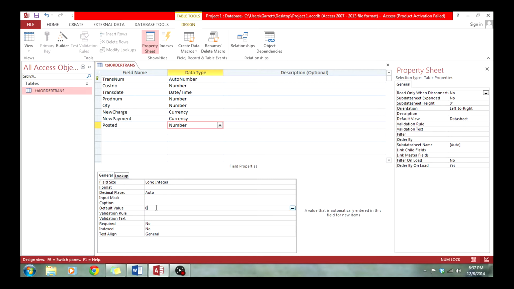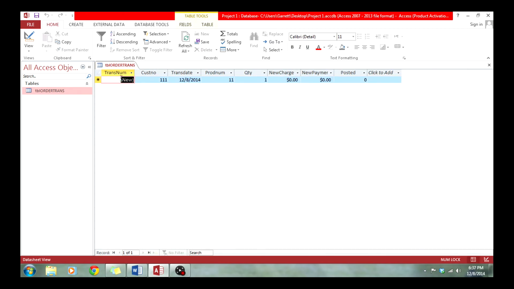Posted, default value of 0. Validation rule is actually going to be equal to 0 or equal to 1. Later on, we can use this to actually decide if it's been posted or not. Validation text. Currently we're not going to put one in there because I believe in this example we're not actually going to use it. You can come back down here, go to datasheet view, and it's going to go ahead and fill in your basic stuff. At this time, we're just going to leave it like it is, and we will move on in the next